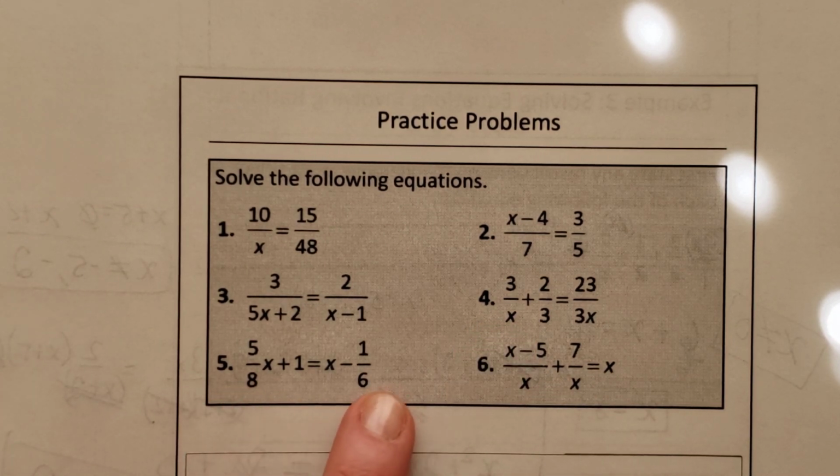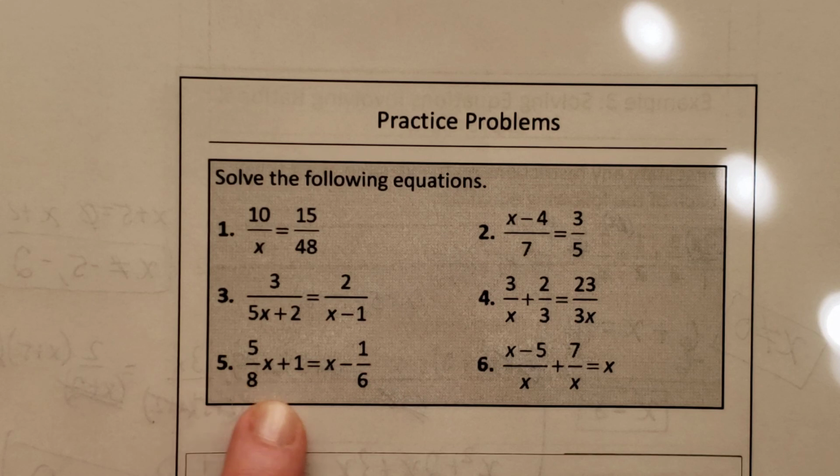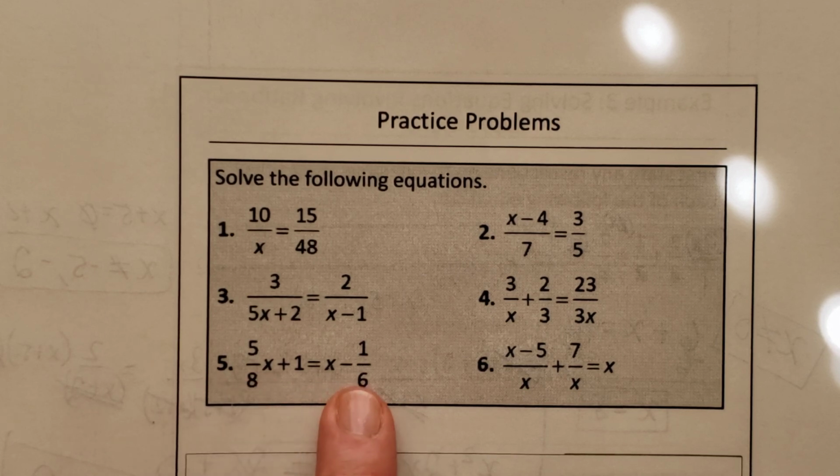This one you have to have common denominators, which will be 48. 8 times 6 is 48. Or a smaller one would be 24. You could use 24, but it doesn't matter. And then this